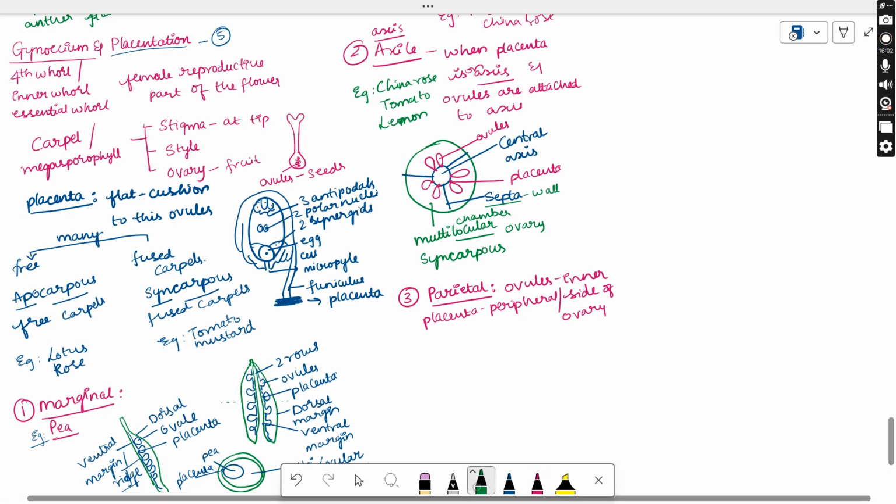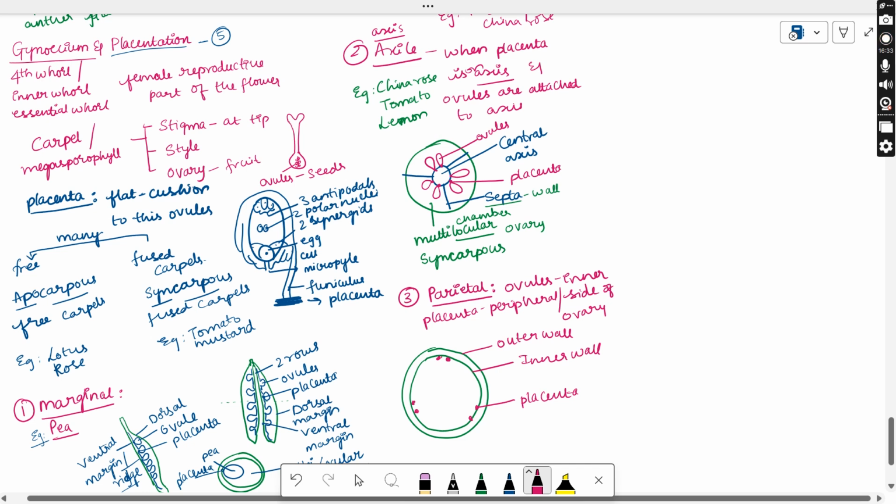So let us try to draw it. Now this is an ovary where the ovules are present inside of it. Inside of it, towards the peripheral side or the inner wall. So this is the outer wall of the ovary and this one is the inner wall. And where the placenta is present, the placenta is present at the inner wall of it. Suppose these pink colored dots are representing the placenta. Wherever the placenta is present, obviously the ovules are going to attach to this, right? So this is one ovule, another ovule. So all the ovules are attached in this way.